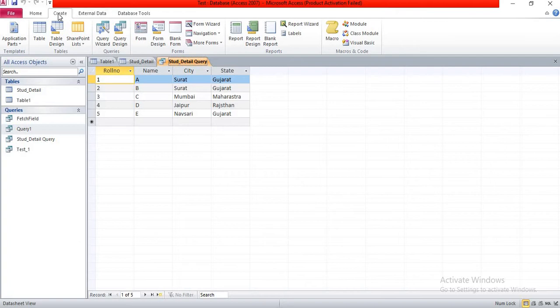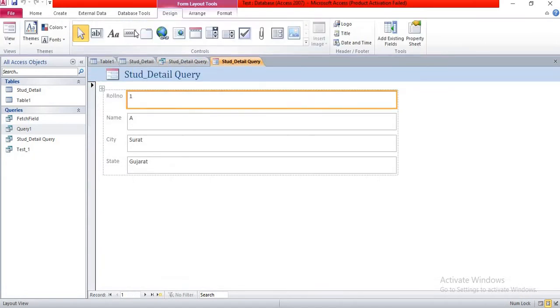First of all, you have to click on the create menu, then you can see the form command in the forms group. Now click on form. Now you can see our form is created.